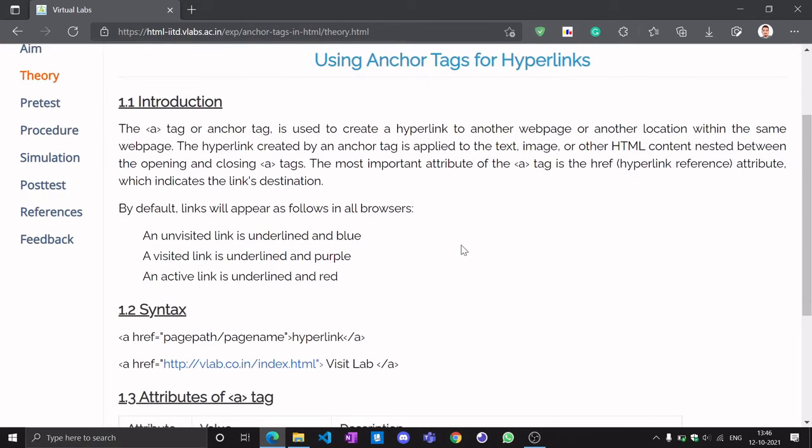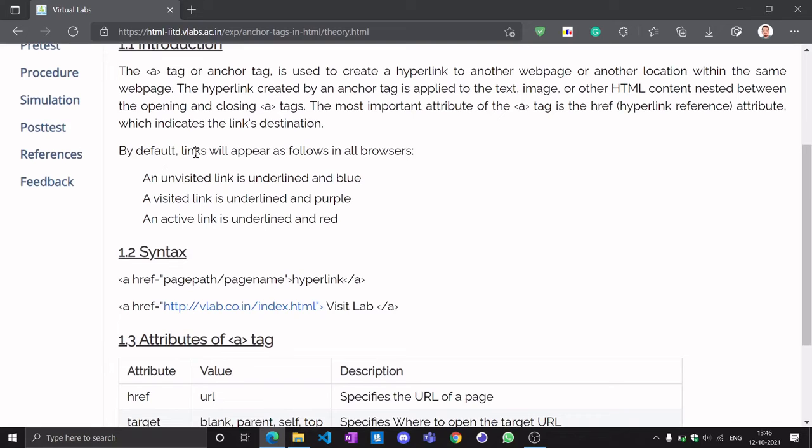So we can redirect to that page. The default links will appear as follows. An unvisited link will be blue, and if we have a visited link, that will look purple. And an active link is shown as red. So these are the basic things.